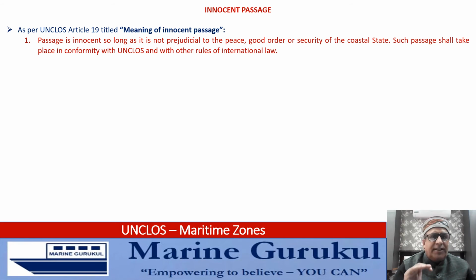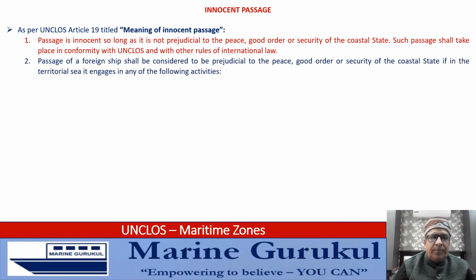So a passage, as long as it is not threatening the peace, security, good order of the coastal state, is in accordance with the international law and other requirements of UNCLOS, the passage shall be deemed to be innocent passage. The same article goes on to elaborate on the term prejudicial. Passage of a foreign ship shall be considered to be prejudicial to the peace, good order, or security of a coastal state if in the territorial sea it engages in any of the following activities: